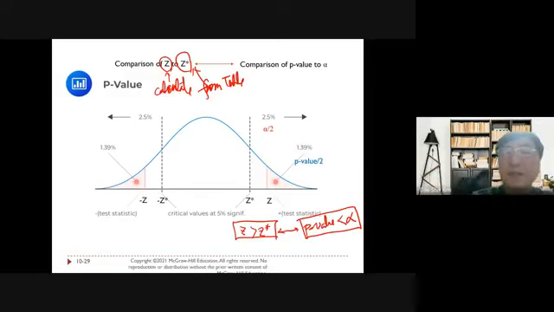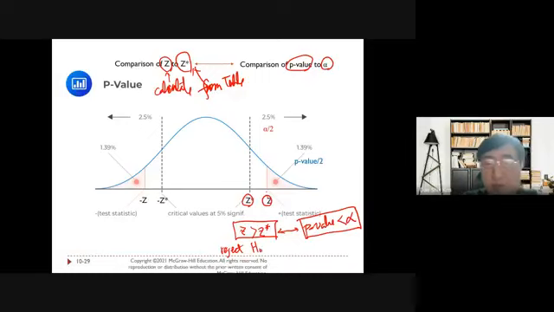But either way, we can compare the p-value to alpha directly. For example, our test statistic Z value is here and the critical Z star is here. Then Z is bigger than Z star, so we will reject